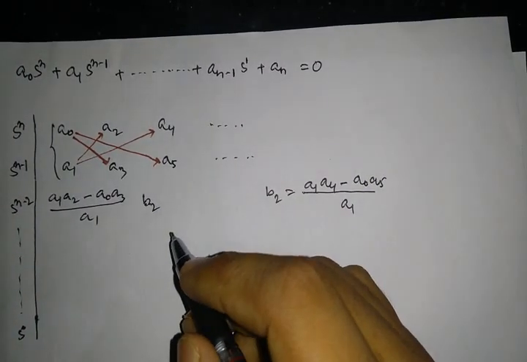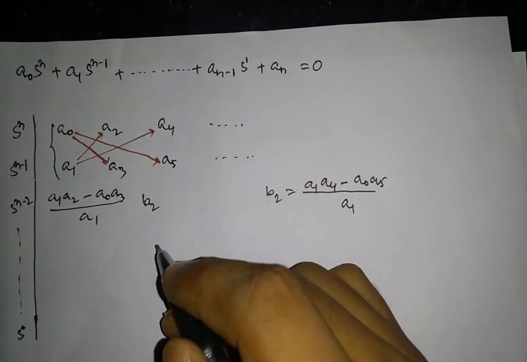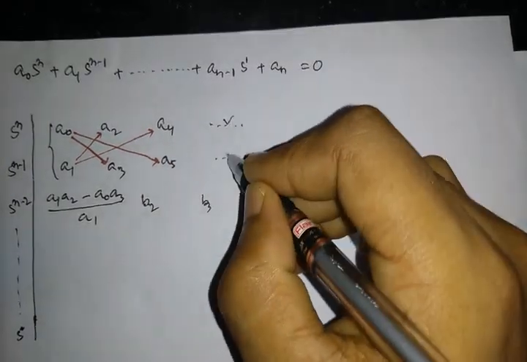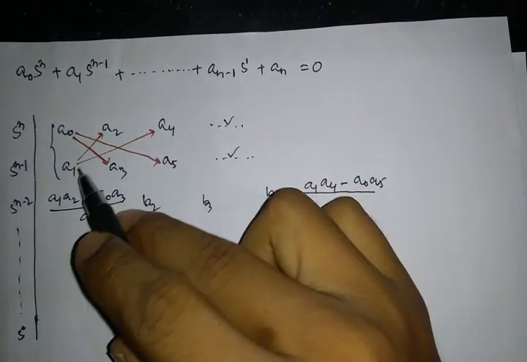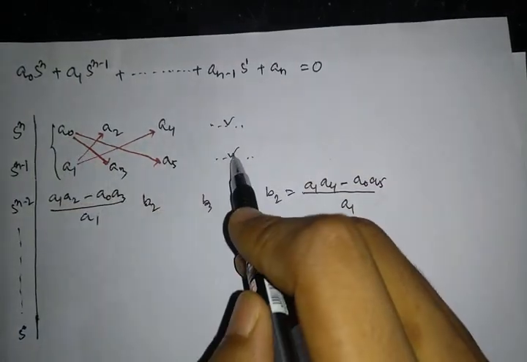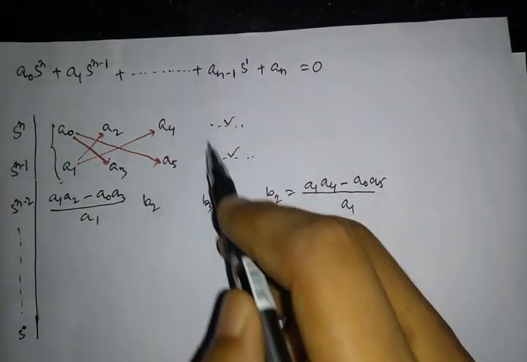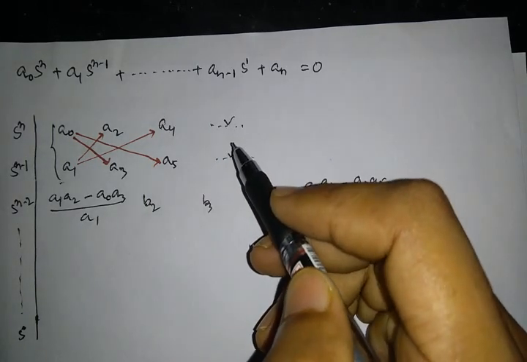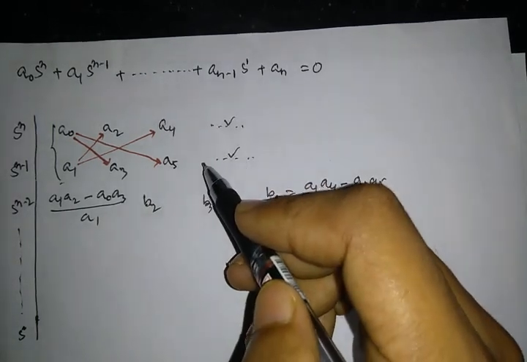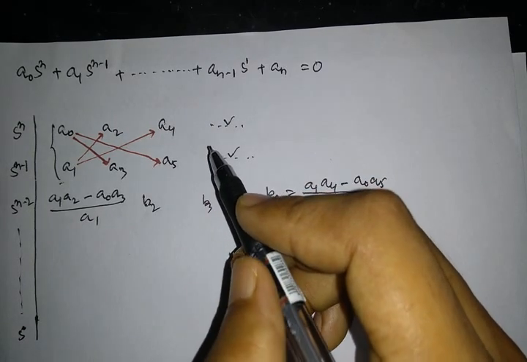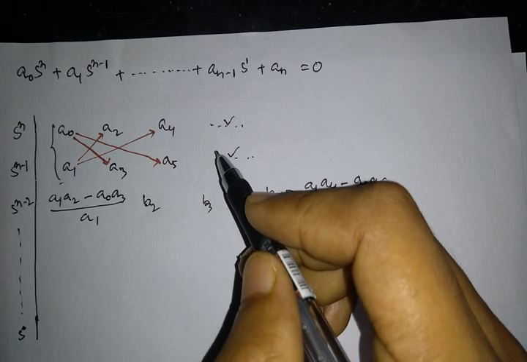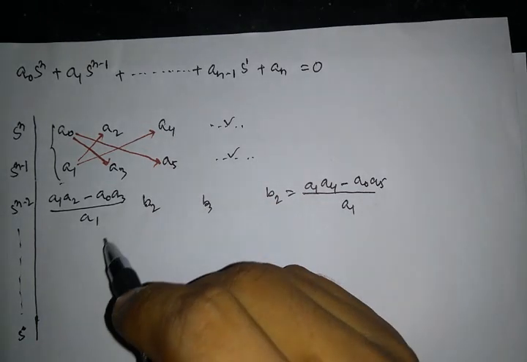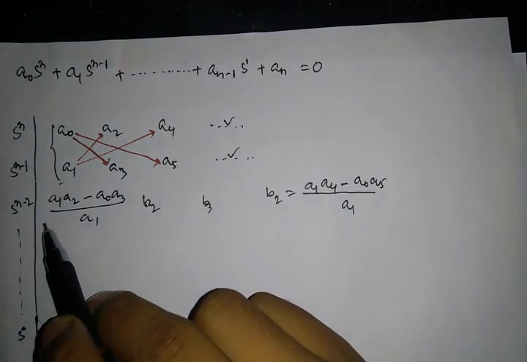I hope the procedure now gets known. And the next element, say b3, if there are coefficients here, it will be a1 into this coefficient minus a0 into this coefficient divided by a1. If there is no coefficient in the multiplication, you will take the coefficient to be equal to 0. A missing coefficient will be taken as 0 coefficient in the process of construction. I am sure when I take up the examples, this will become more clear, but you just set the rule in your mind. So this I got the s to the power n minus 2 elements.